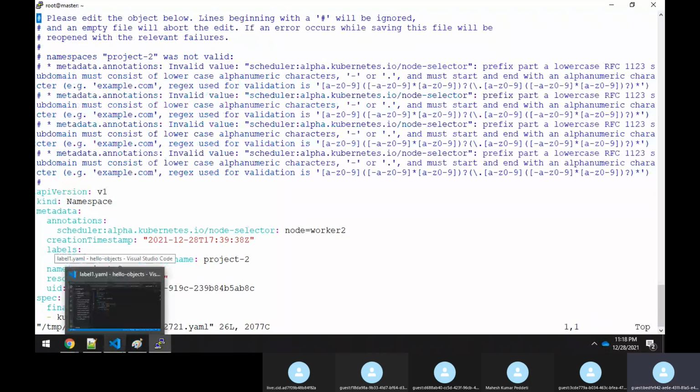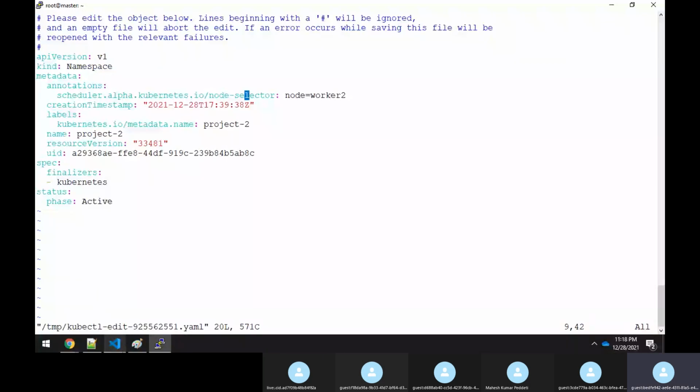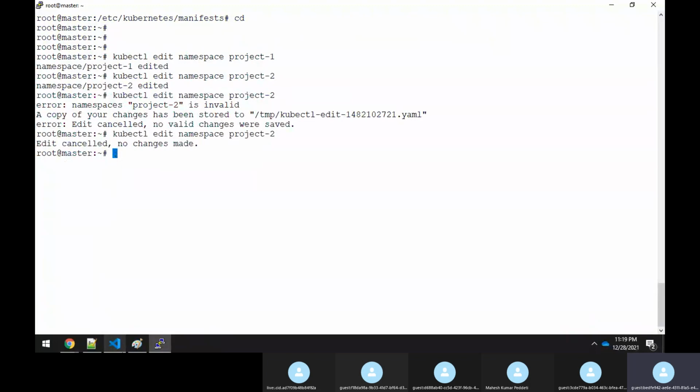Clear, sir? So if you open it, you have to go and change it from colon to dot. Now you know that there's a mistake there. Then you save the file. Then it will save it. So whenever you make any mistake in the syntax, it will not allow you to save at all. So now what happened is that in your namespace you have bound the label.